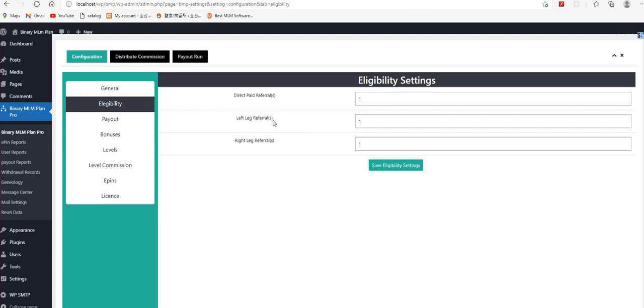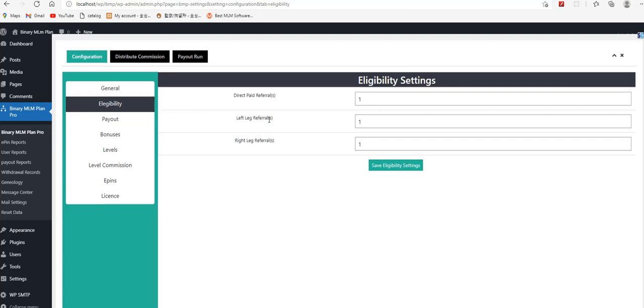Left leg direct referral, right leg direct referral. If I put one for the left leg, then in the left network one member should be a direct member.